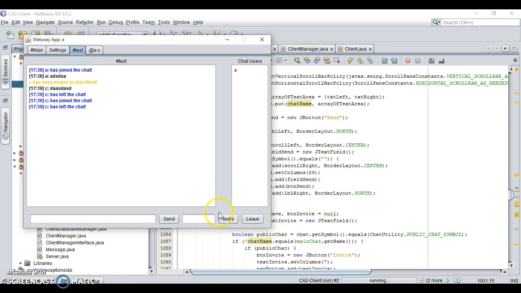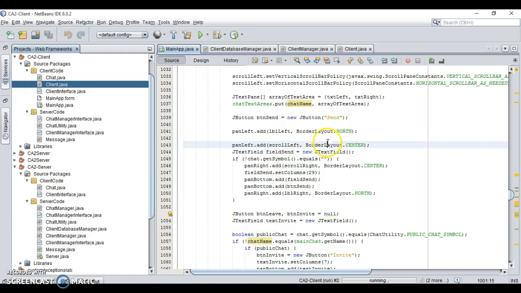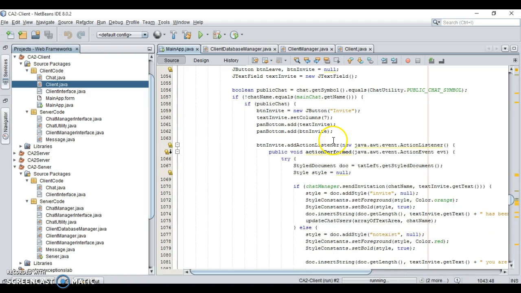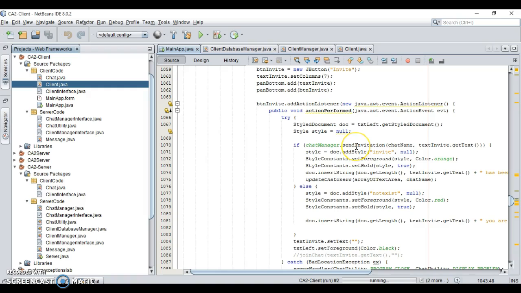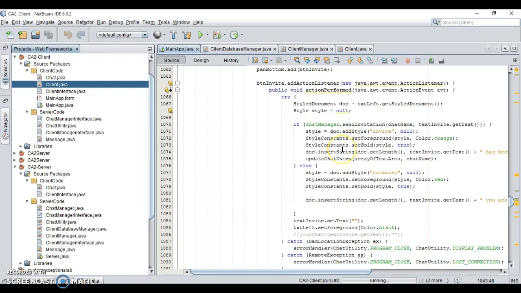If you look here, there's no invitation in the main chat, and no leave button in the main chat, and there's also no invitation in the one-to-one chat. So there's a lot of handling in here to make sure it displays correctly. It does some color changes and so on,